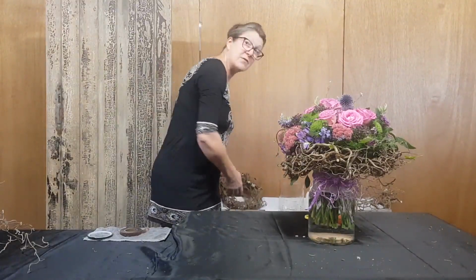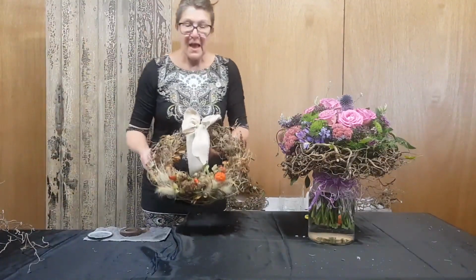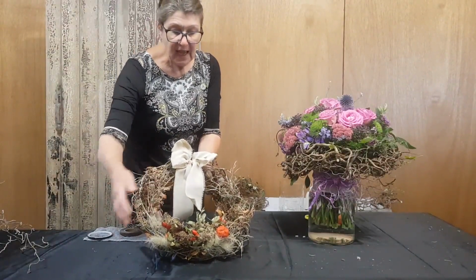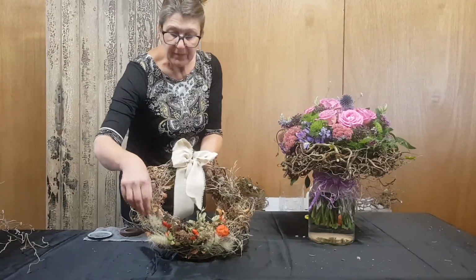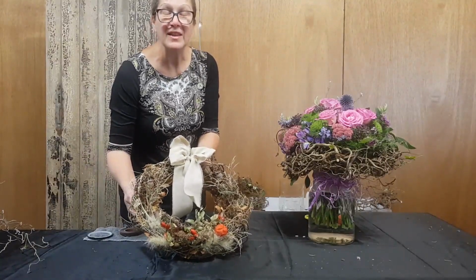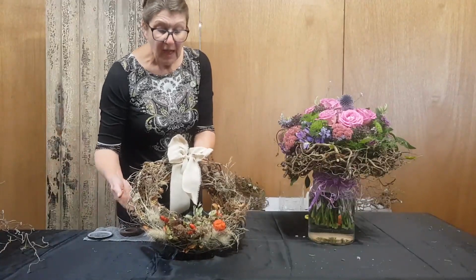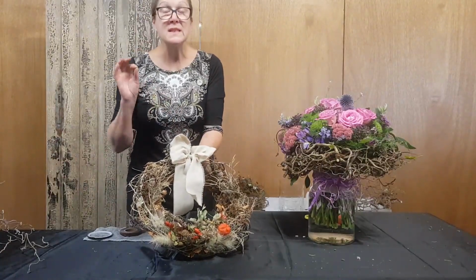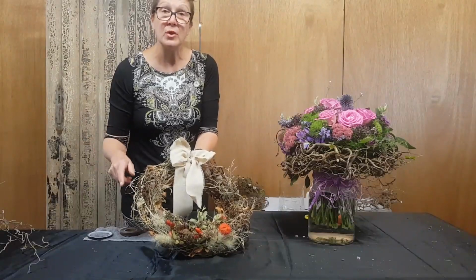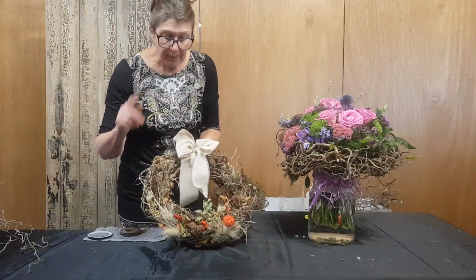So I'm going to show you one that I've done already. And that's this one here. And I hope you can see that I've created a collage with lots of different seed heads, berries, nuts, grasses, fern, everything that was lying around both in my garden and in the hedgerows. And all I did with that simply was stick the pieces in. I threaded them through the weave and stuck them in with a hot glue gun, but you could use cold glue if you prefer. I've added on a bow, but prior to that